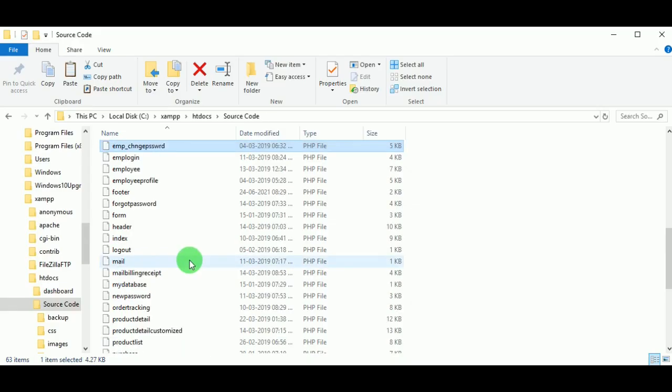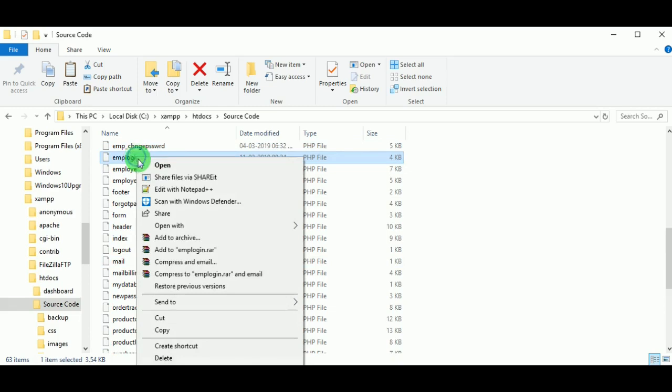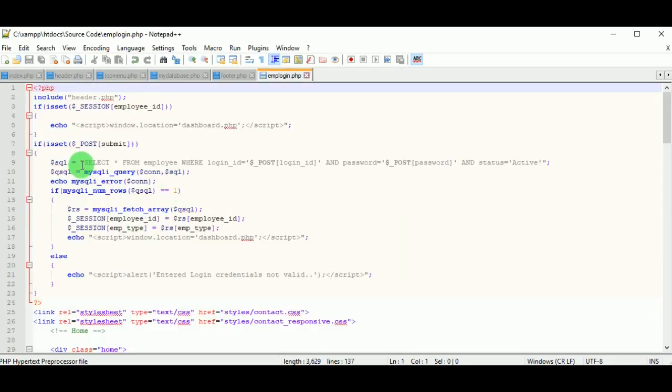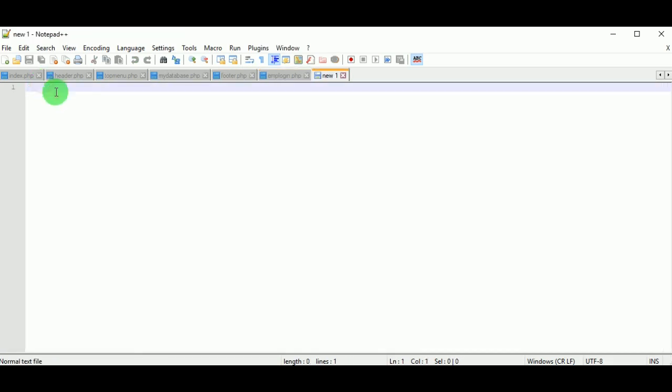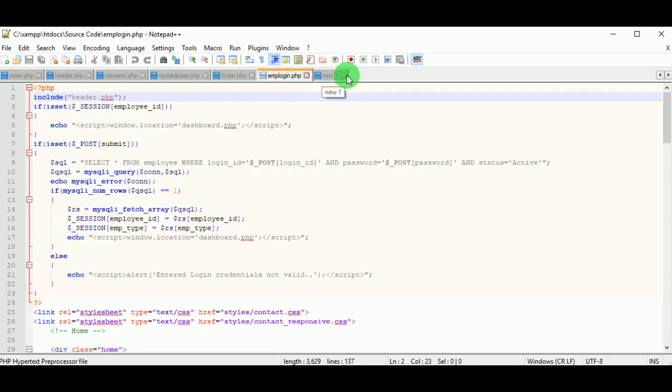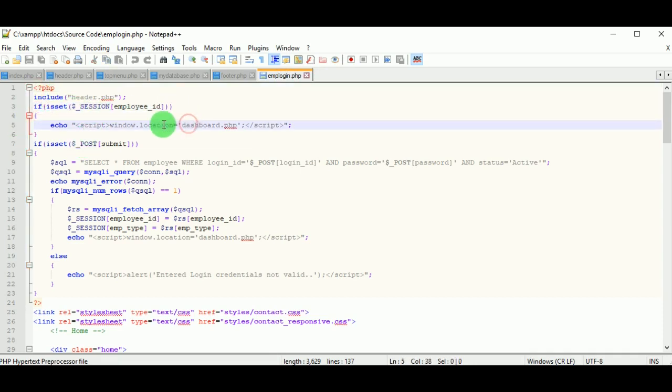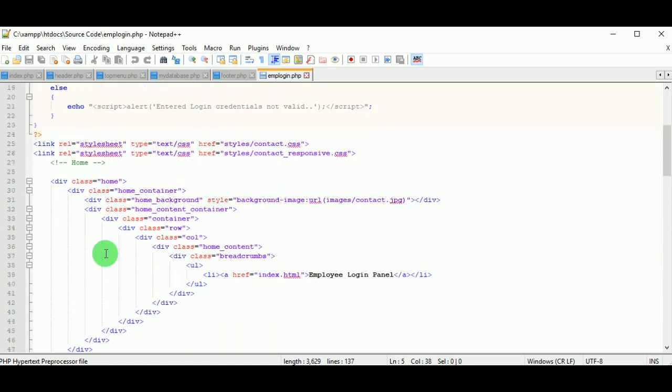Let us open emplogin.php. You can see header is included here. As I said, in all the PHP files, header is included. Next, if the person who has logged in is an employee, then they will be redirected to dashboard.php. If not, this file is opened for them.